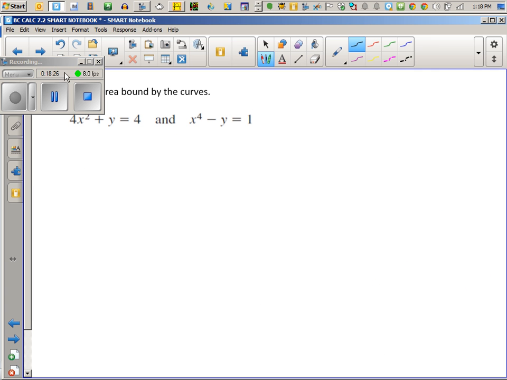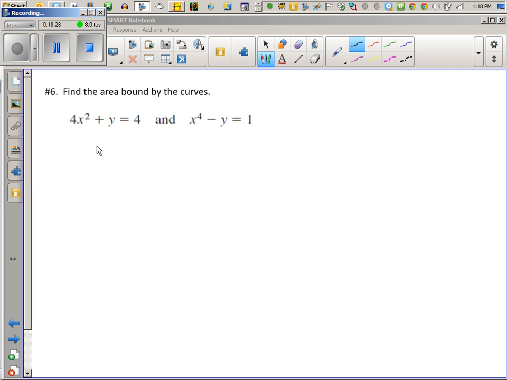What about this one? Find the area bounded by the curves. Again, a chance to practice sketching first, right? So I would just go with whichever variable is easiest to isolate. You know, like on this problem, it's really easy to isolate